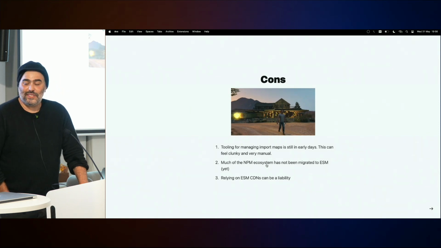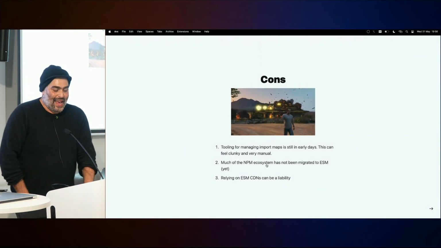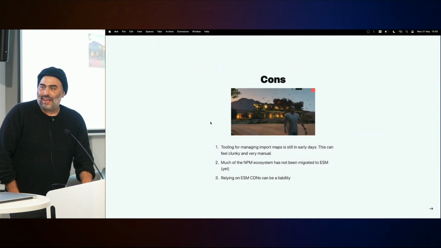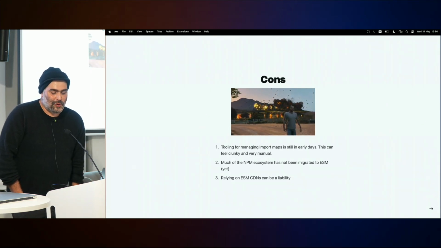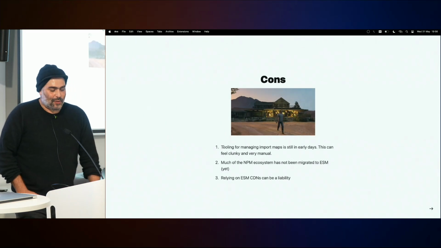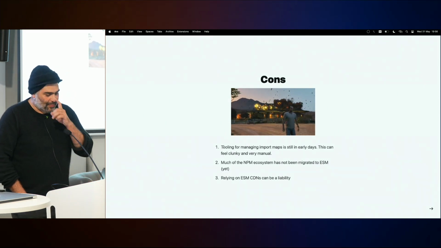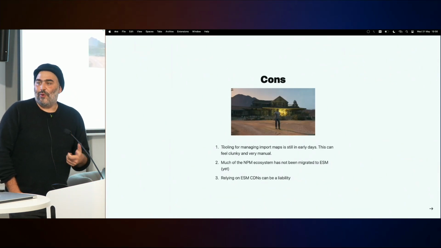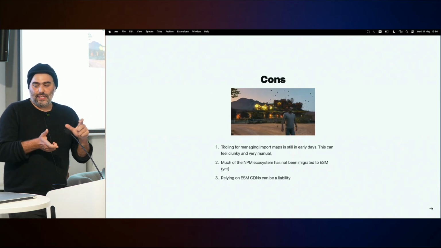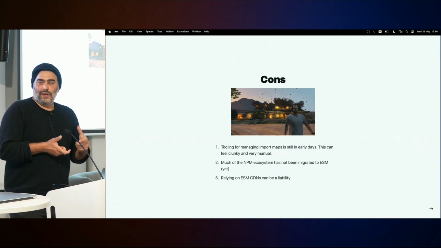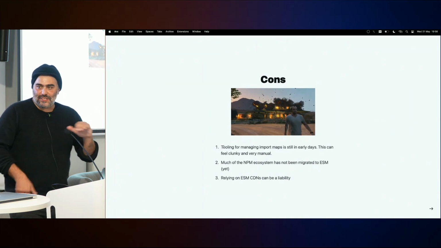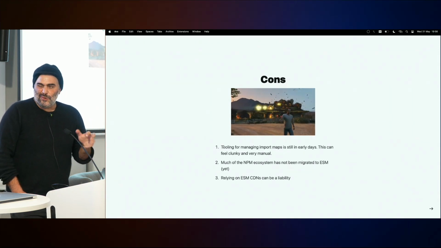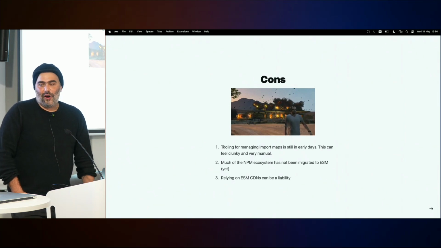And again, besides all the cons about confusion and how packages are written and published, the tooling for import maps is still in its early days. So if you're using a Deno project or even a browser-based import map project, you're going to be manually modifying these JSON files, where if you're used to the Node world, you just add a file, and it adds it to your package JSON automatically. There are some tools that try to do this, but they're all very early days,